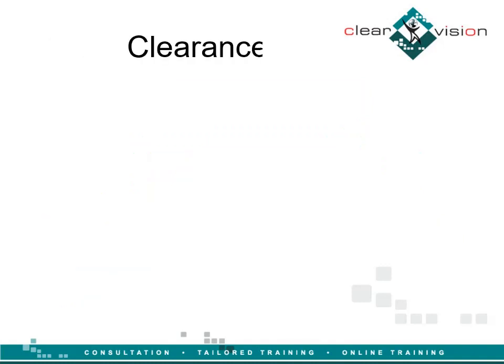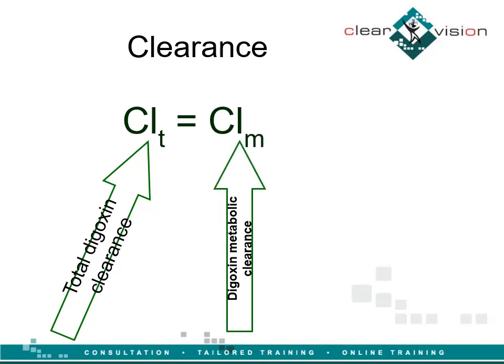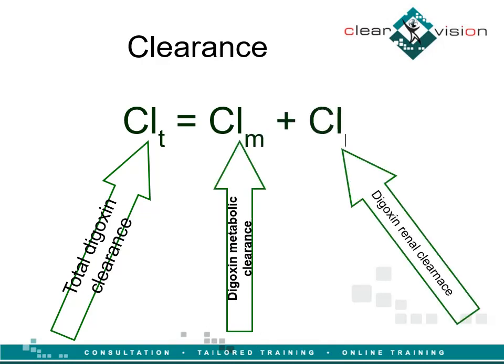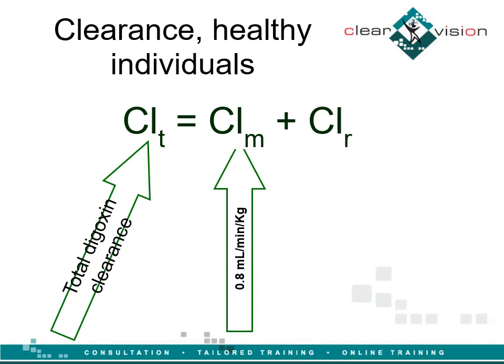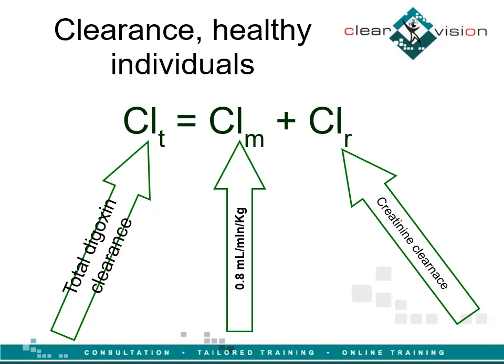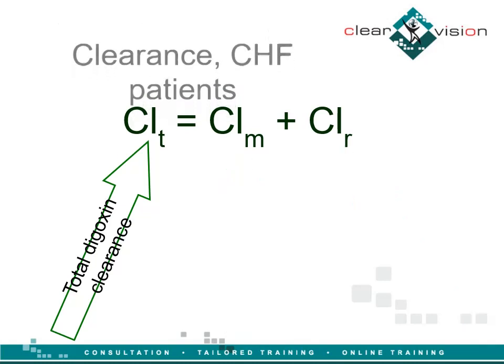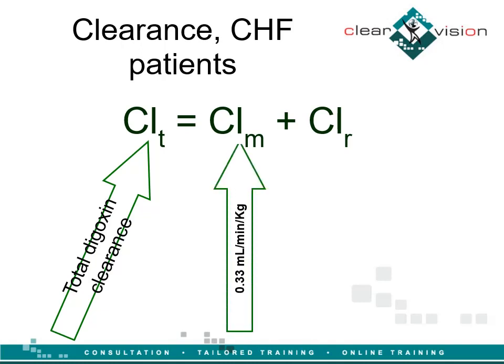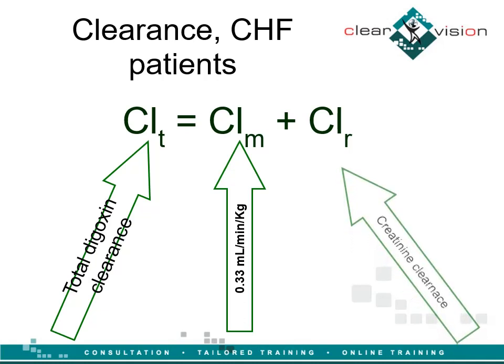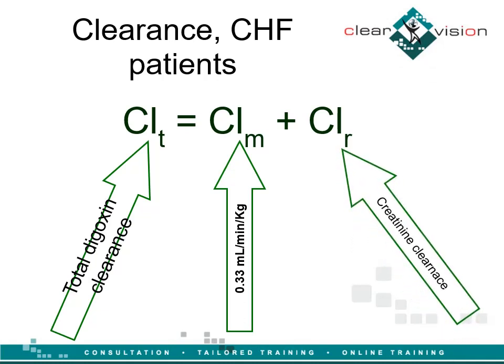Total digoxin clearance equals digoxin metabolic clearance plus digoxin renal clearance. In healthy individuals, digoxin metabolic clearance has an average of 0.8 ml per minute per kg, and renal clearance is close to creatinine clearance. In patients with congestive heart failure, digoxin metabolic clearance is reduced by more than 50% to 0.33 ml per minute per kg, and renal clearance is slightly reduced by an average of 10%,